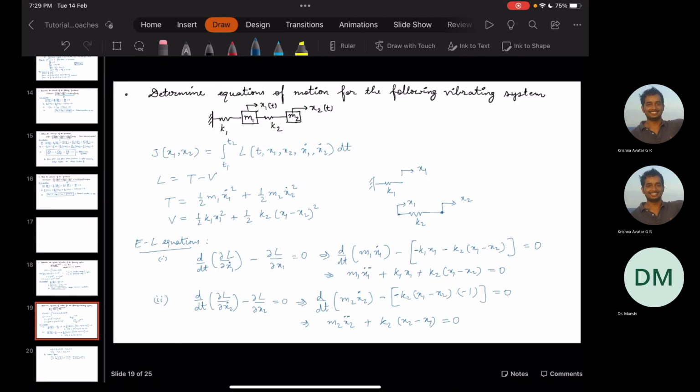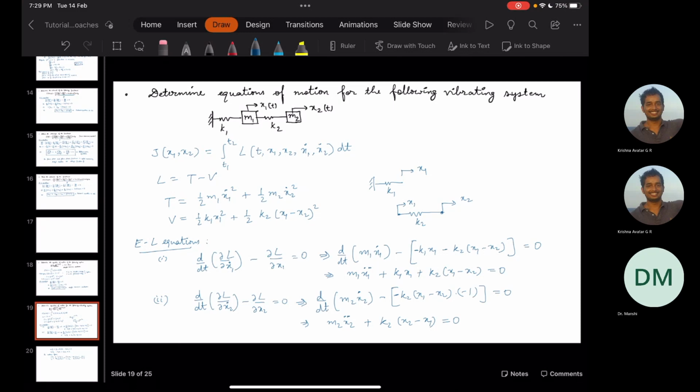Fine. Now, this was just a background to build up, which was required to study a system consisting of two masses and two springs. Our goal still remains to determine the equations of motion for the vibrating system. So the masses are m1 and m2. They are attached to two springs, k1 and k2. K1 is fixed to the wall, and the corresponding displacements of m1 and m2 are given by